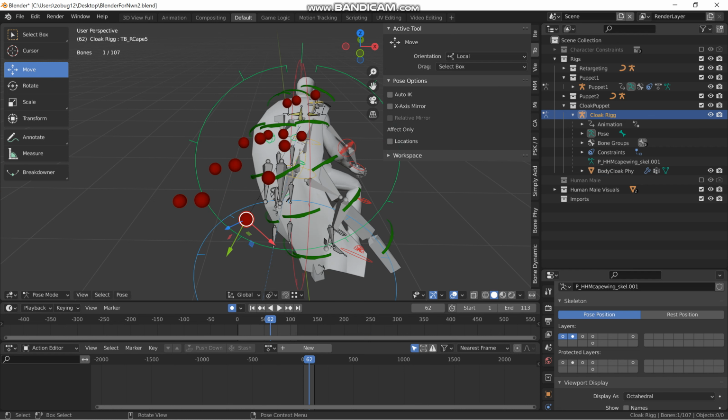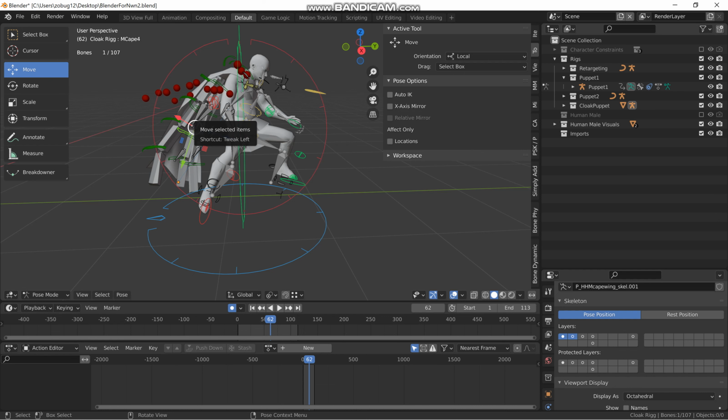These move the cloak pieces, and you can move it like this too. But for the most part, it's consistently automatic, and you can adjust it a little bit so that it's not clipping. But right now, that needs a little bit more work. So, exporting. Yes, let's export. Now that we fixed that leg,